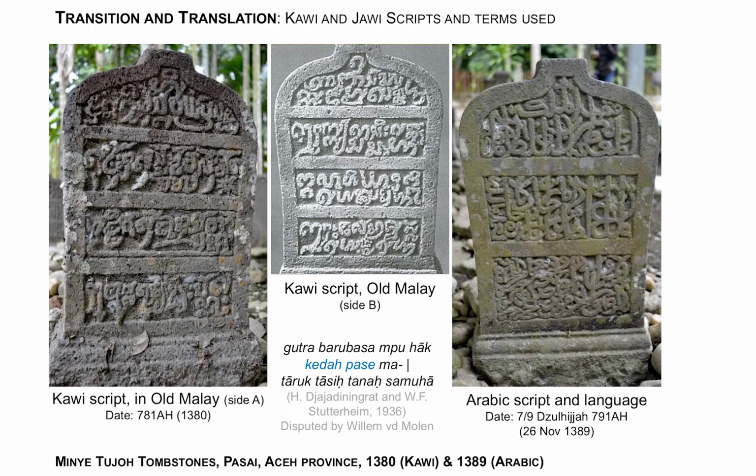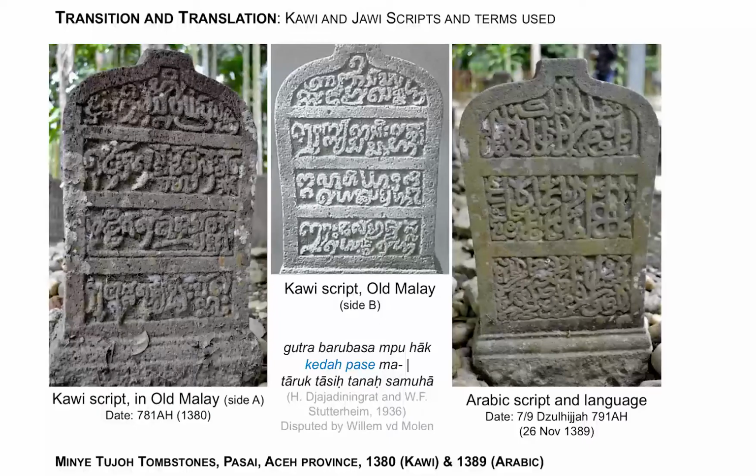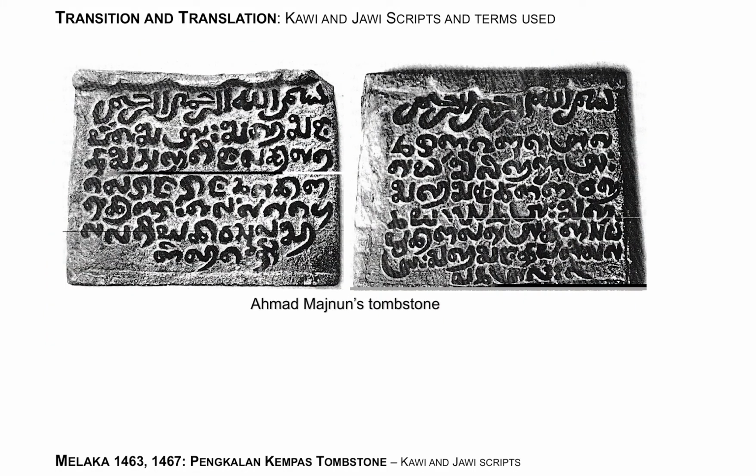But actually when I say 1380, it's a bit problematic because the Arabic script gives a different date from the Kawi script in Old Malay. So actually one says 1380, the other says 1389, and there's been some discussion on why it might be slightly different. The Ahmad Majanu tombstone is very interesting. Again, two different dates, 1463 and 1467,